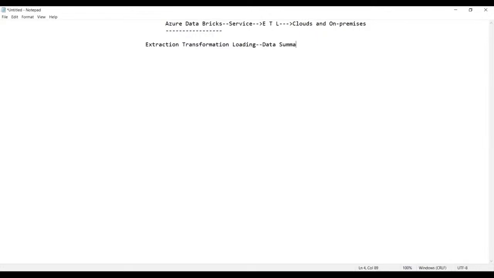This is a process of data summarization, wherein you have a source, the source data storage. So now, guys,